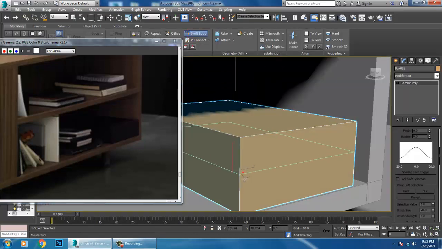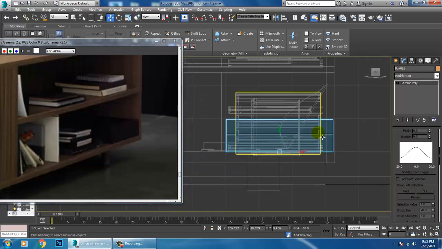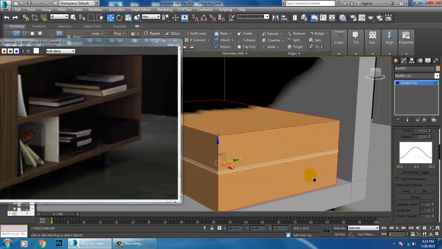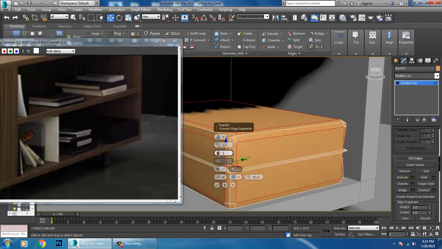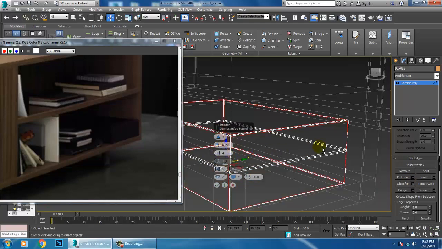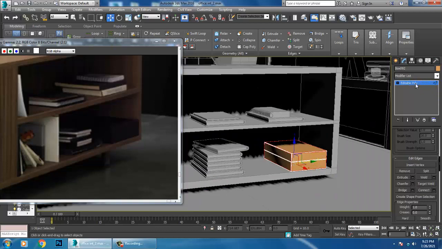Let's put some loops, select the edges, and give a bit of chamfer.